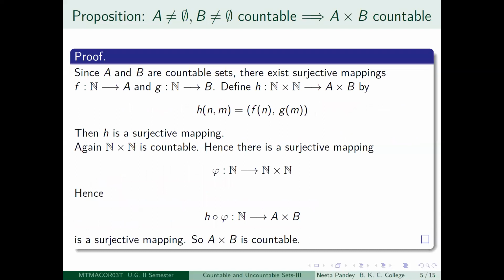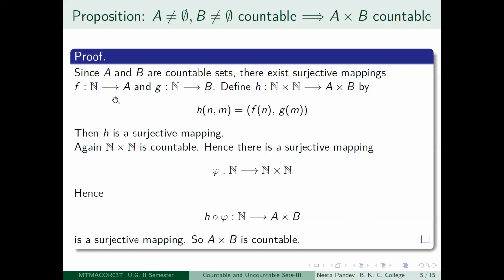Okay. So the next result is a simple exercise actually, and it is reminiscent of what we had done earlier: if you take the set of positive integers, then the Cartesian product of it with itself, N cross N, is countable. So to generalize that, we take any two arbitrary non-empty sets A and B which are countable. They may be finite or countably infinite, we don't care. Then their Cartesian product A cross B will also be countable. Okay. So how are you going to prove that?